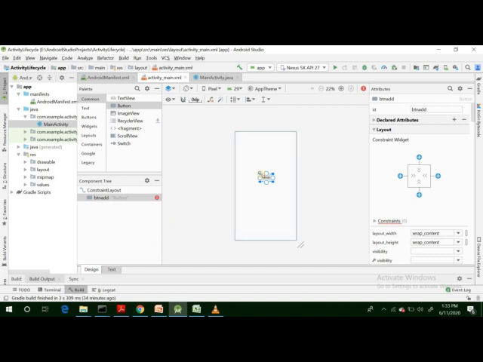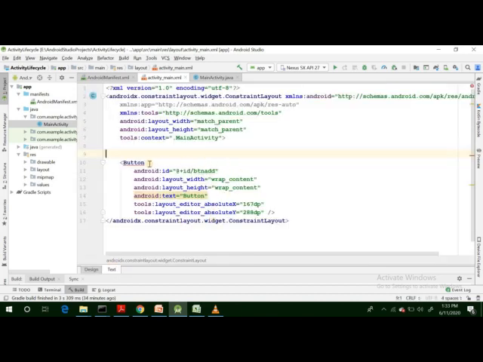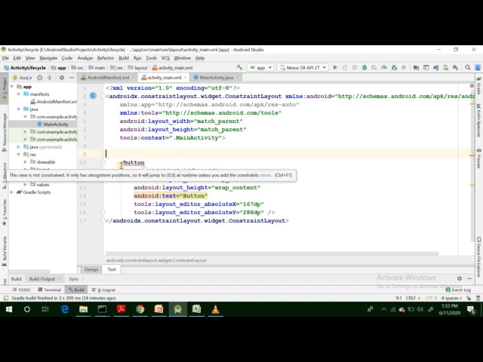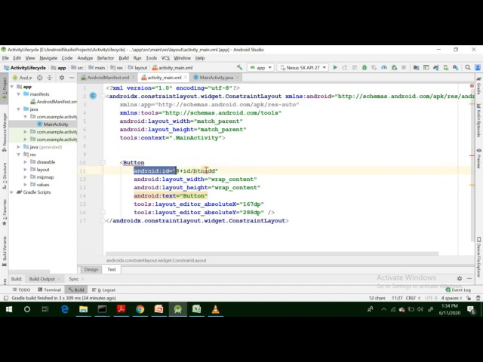So the XML code is generated automatically by Android Studio and written inside that layout. If we look, there are different properties for those views. We will not go into that detail, but for this lecture we are only interested in this property. This ID has a value which is btn add, so we will use that ID inside our source code file to get the reference from this button view.